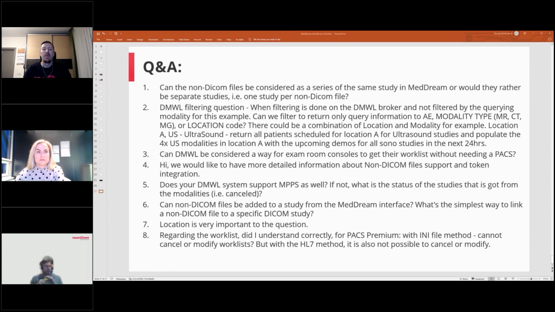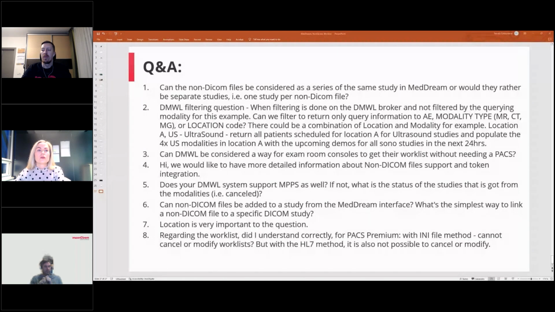For VNA integration, we are linking by accession number or by patient ID or a combination of these two. For this file system plugin, in the token you can tell it to open a study from the PACS, for example, and at the same time open the folder from the disk. So that's how you can link with the existing